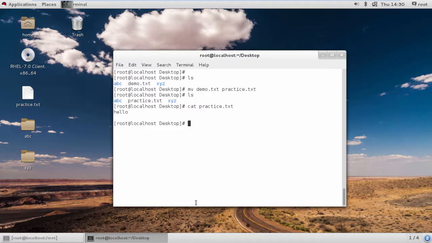You can check, see, practice.txt is available with the same text which we had added in our demo.txt. Now, if I want to move practice.txt into a directory which is on my desktop, the XYZ folder,